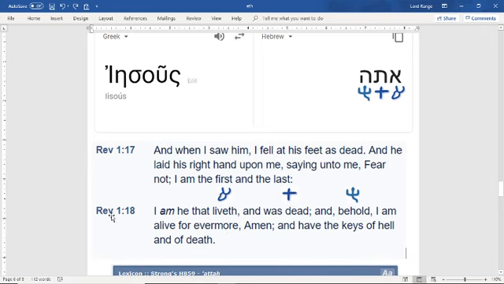So even Revelation chapter 1 verse 18, it pretty much spells out Atah. Christ is letting you know what his name is in Hebrew. He's saying, I'm El, crucified and resurrected. I'm the first and the last. I am he that liveth and was dead, and behold, I am alive forevermore. This ancient Hebrew symbol here actually means one of the two, again, the three meanings of this word is look or behold, reveal, and like breathe, so to give life or to resurrect.